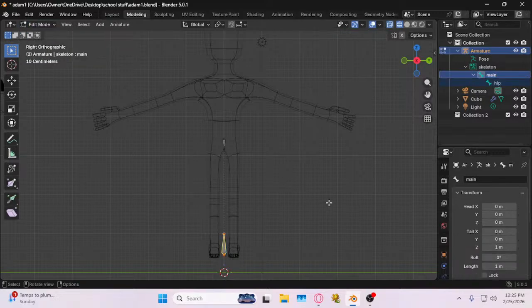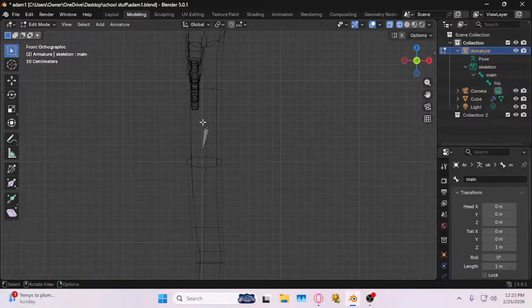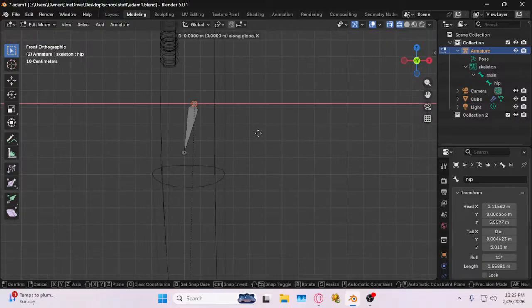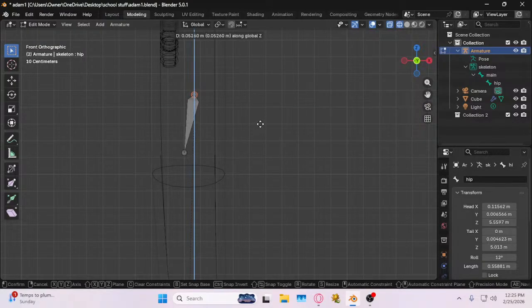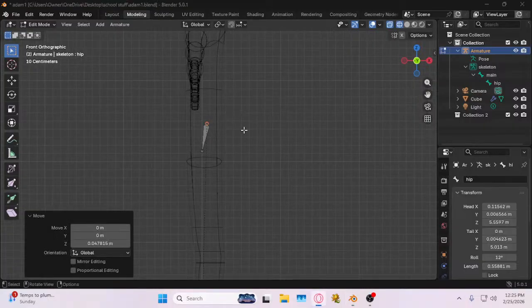We're now going to select this nub here at the top. In our right orthographic view, we're going to move it up just a little bit. And we're now going to go E to extrude. I'm going to extrude it about halfway here. Then we're going to click on this new bone, come here to our drop down, and you can see it's now under hip because it's